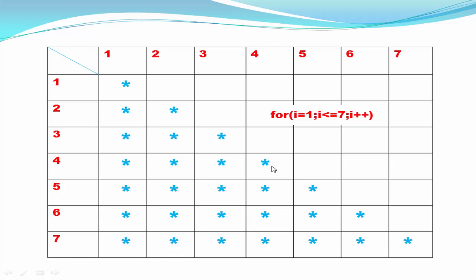In each row, how many columns will be printed depends on the number of the row. Fourth row has 4 stars, meaning 4 columns. Fifth row has 5 columns. Sixth row has 6 columns and so on. So to print the multiple columns in each row we need another loop. That's why we need two loops, one for rows and another for columns. Let's move to the coding.